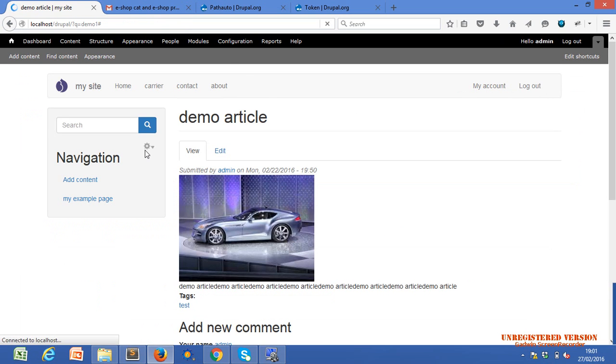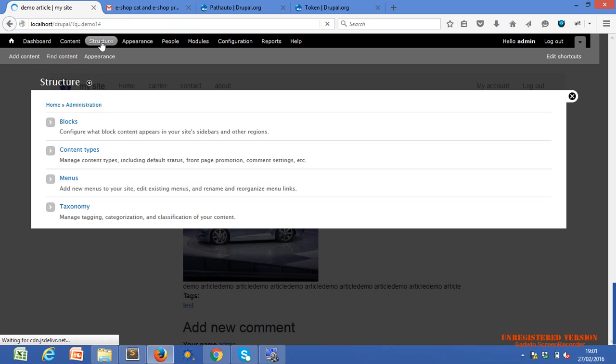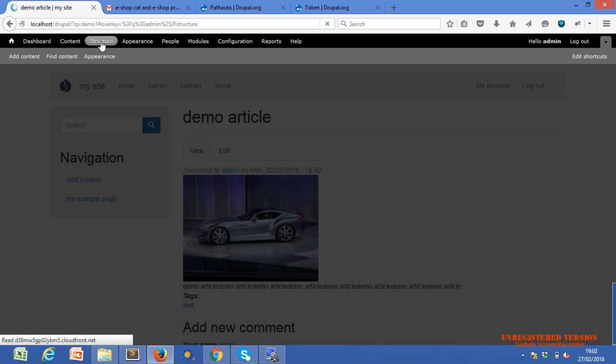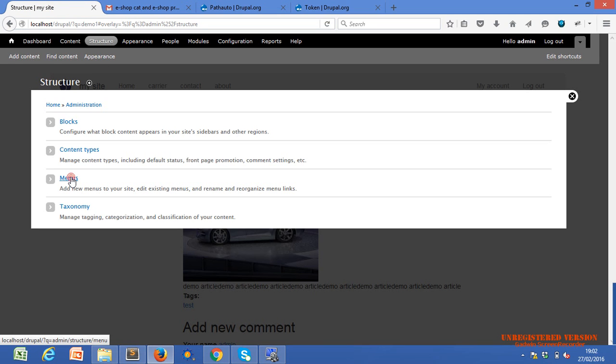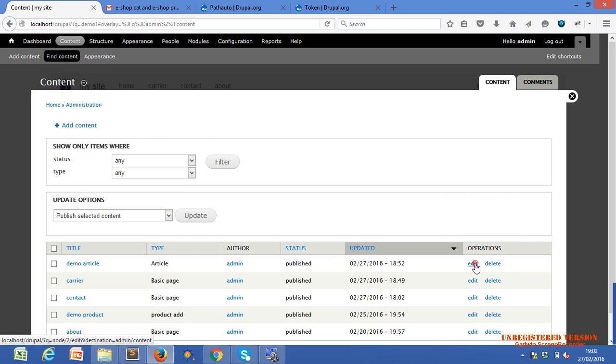Now, where can we clear the cache? Appearance, no, not appearance. Menus, no. One second. This should be the option.